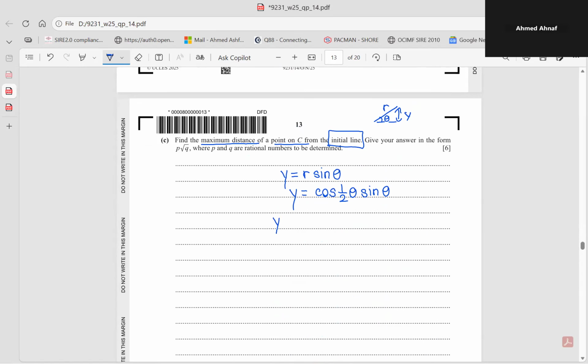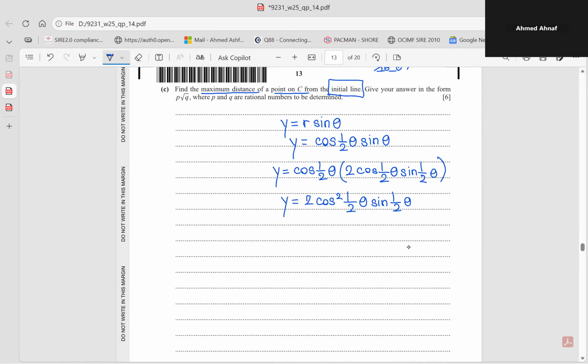Okay, so y is cosine half theta times 2 cosine half theta sine half theta. So yeah, y is just going to be 2 cosine square half theta sine half theta. Okay, so this cosine square half theta, we're going to